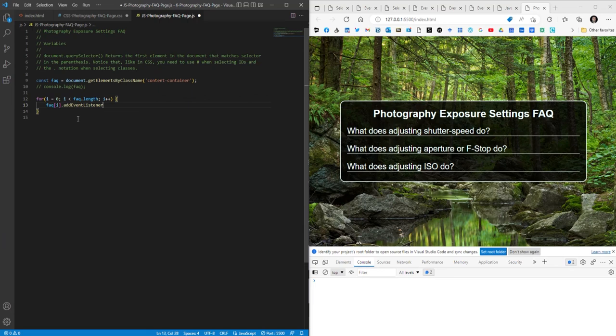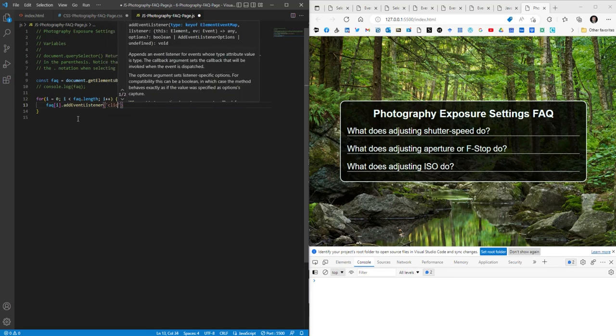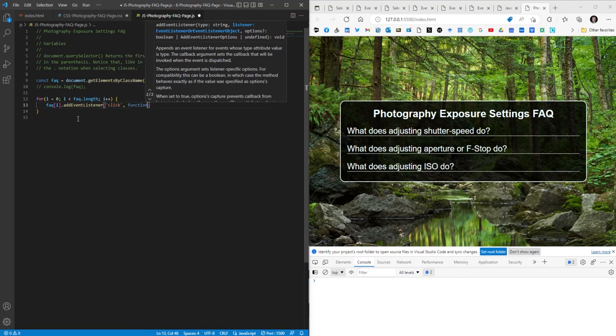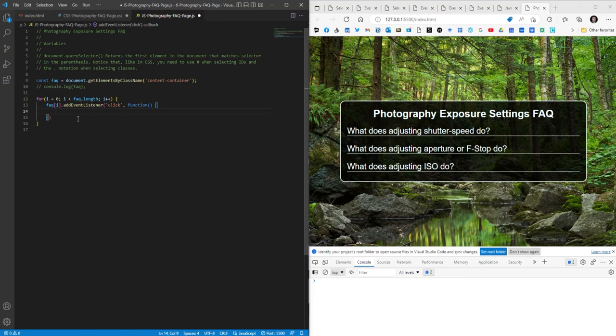We're going to add the event listener. It's going to listen for a click. And when that click happens, it's going to run a function. And that function is going to reference this, which is whatever triggered it, similar to when we're using the e.target. This class